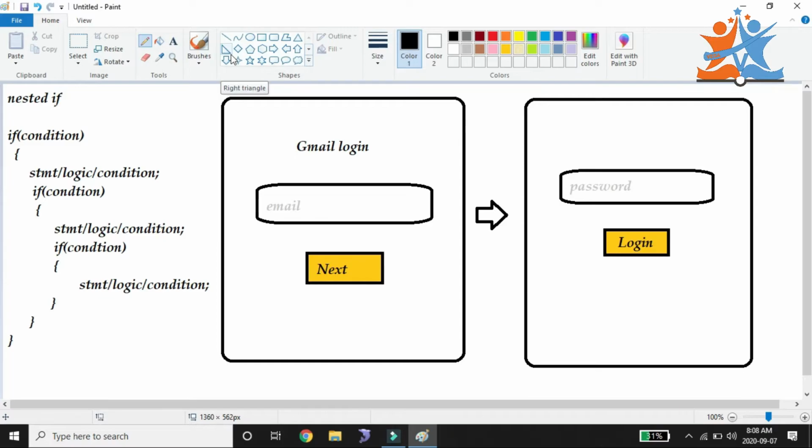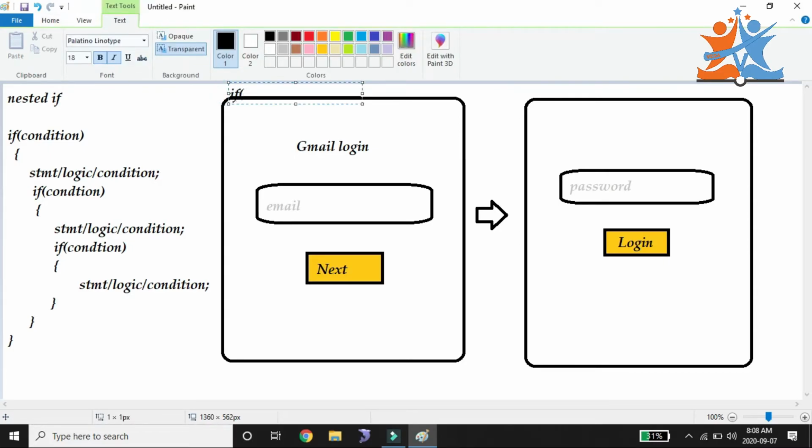Before going to login, they are taking an if condition here: if your email ID is valid, then it will check whether your mail ID is valid or not. Whenever we click on the next button, the condition will be executed.